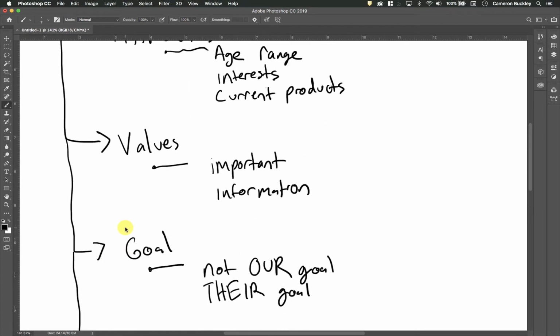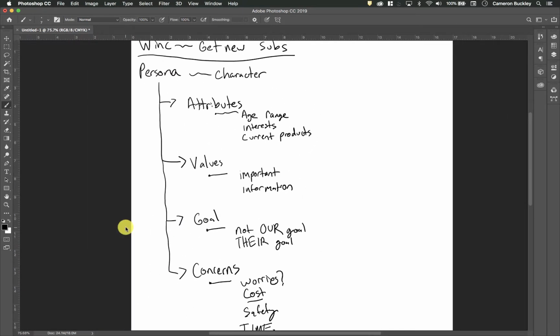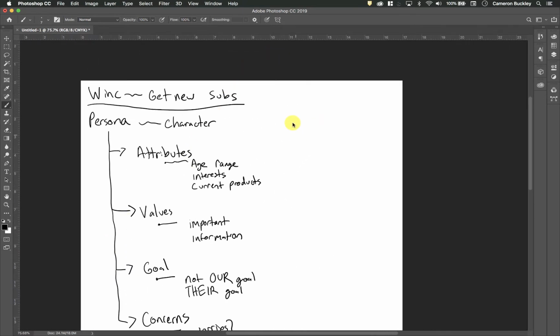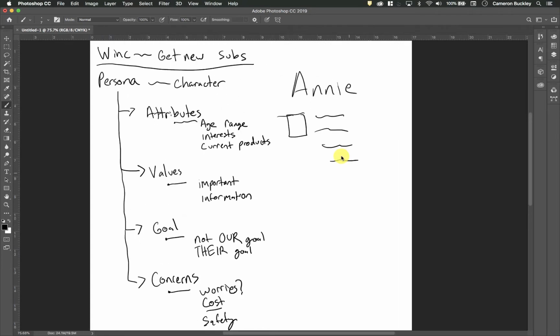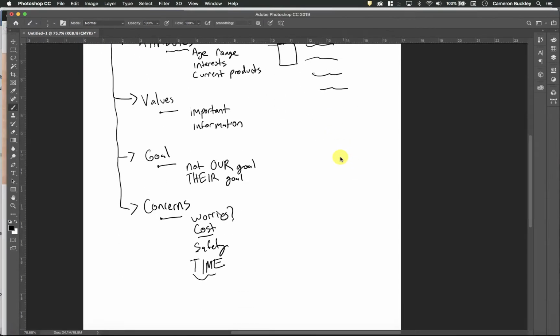So we would sort of sketch out this person as we have. I might even give them a name. So I might call this person Annie. And I would actually write all these things out. Okay, I would kind of make a little profile for them. I might even include like an image of this person just to help me imagine them. And then the next step is to actually like pull them into our site and take notes as if we're